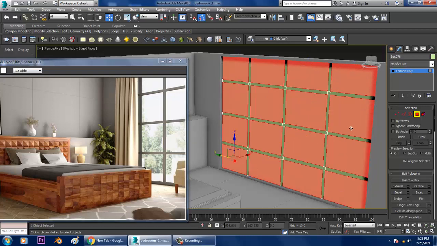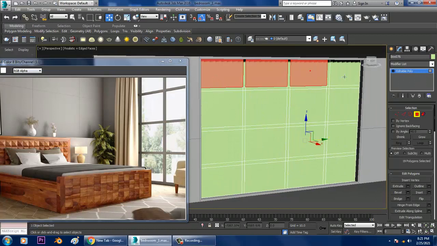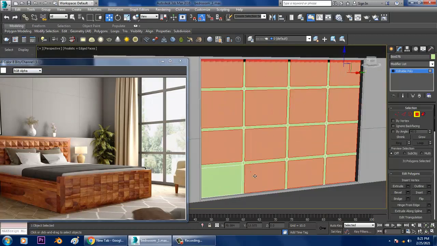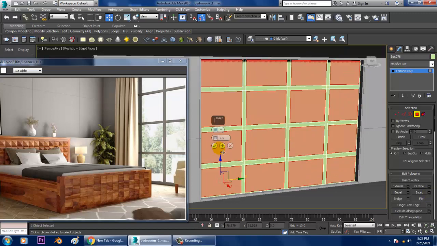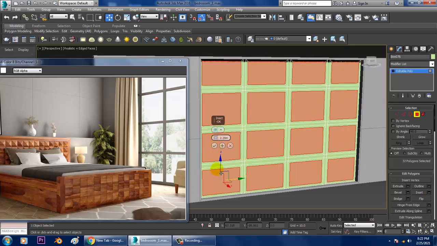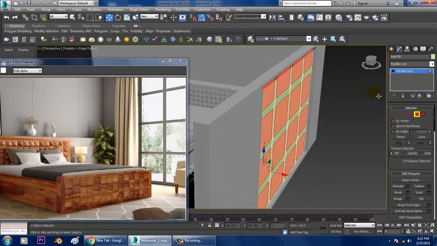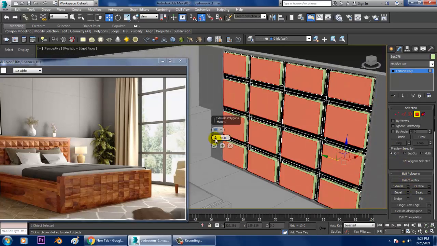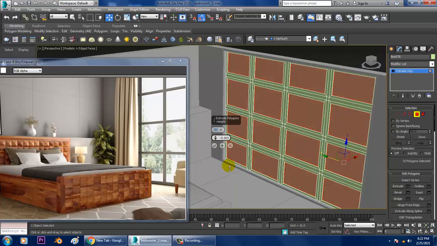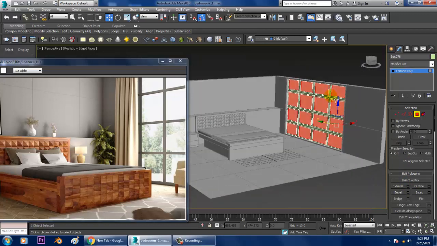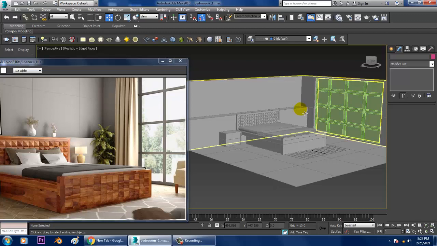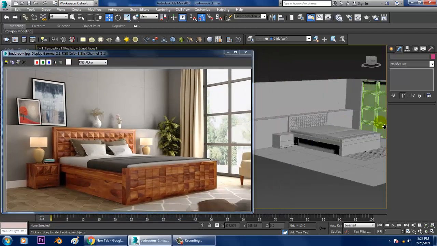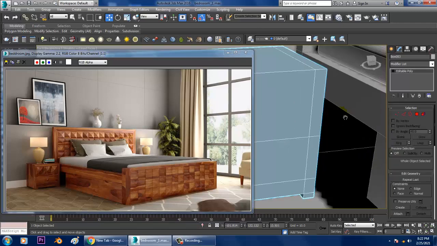Select all of these polygons and let's give inset, and slightly we'll just extrude it a bit inside and click OK.